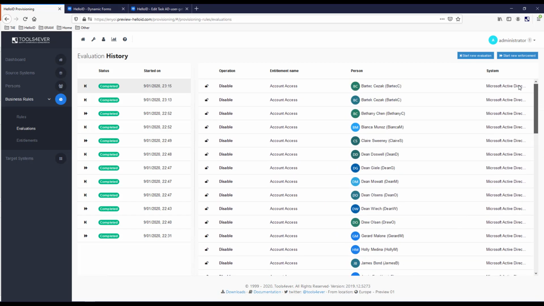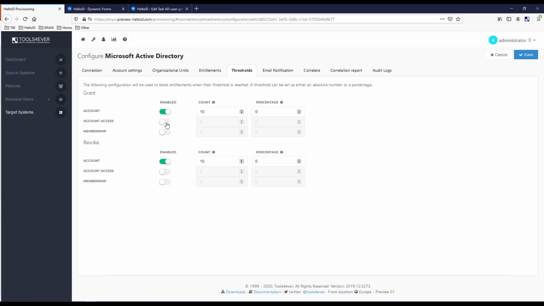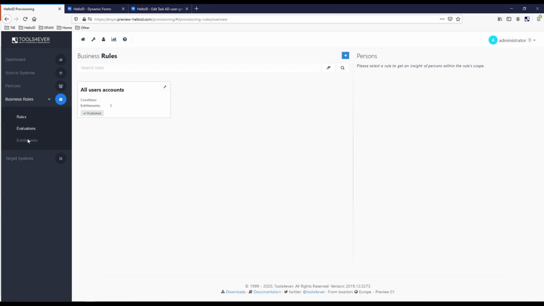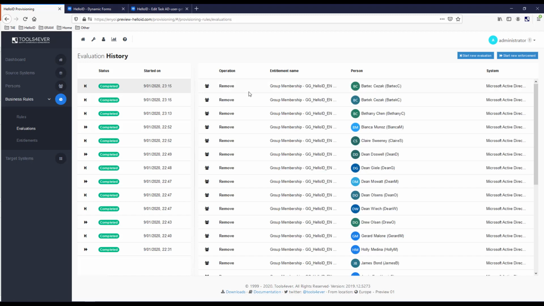And actually you can also specify one for disable as well. Of course, it's easy here. Threshold. This is of course the access, and let's specify that for 15. There we go. I can rerun the evaluation. Now you can see it only wants to remove the membership of the group. If I enforce, so I want to really execute, it will remove the memberships, but it won't disable the account